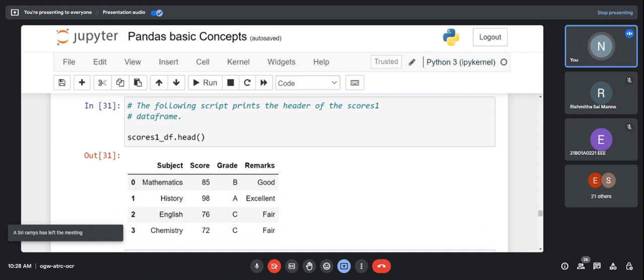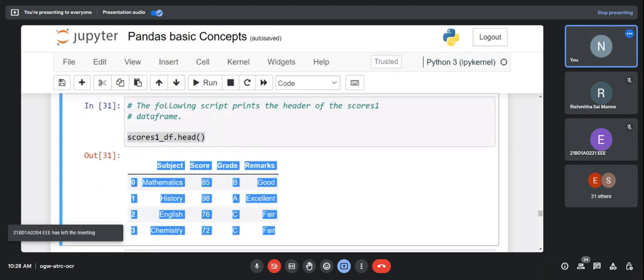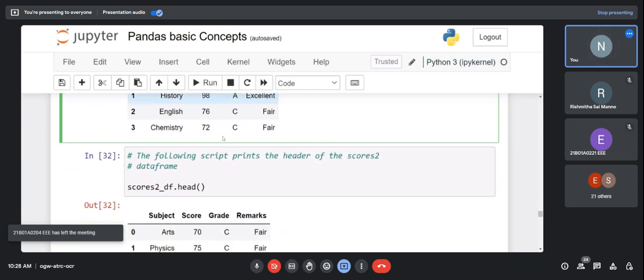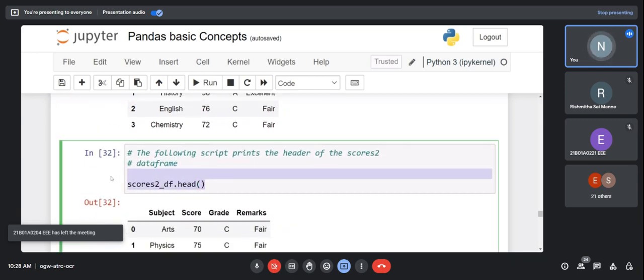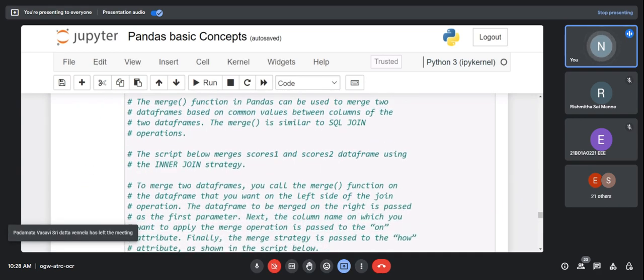After that, I printed the scores 1. This is scores 1 head, that means the first 5 rows of scores 1. Then here is the first 5 rows of scores 2. Okay, fine. Then I need to merge them. So how to merge them? Before